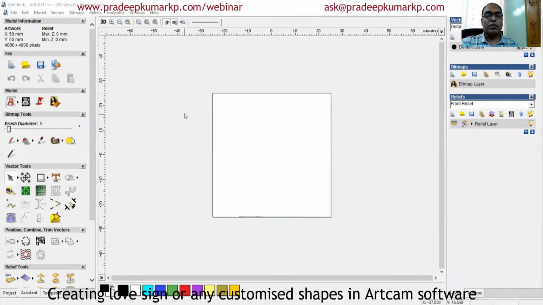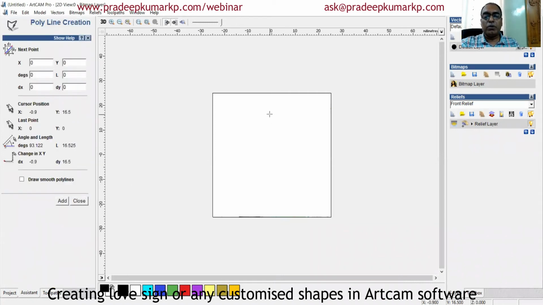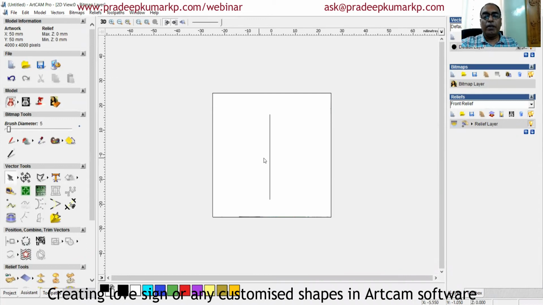Okay, this is the ArtCAM software. Here, if I want to create any shape, specifically the love sign people are asking about, first we have to create a vertical line like this. Press the space bar, remove the swing and close it. And what we have to do is make this ready for node editing. For that we will press N,